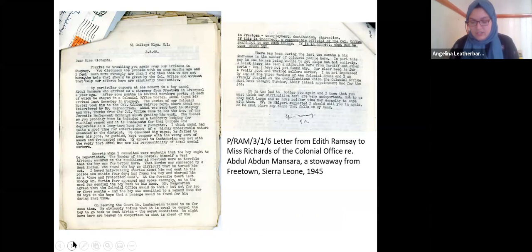This is further illustrated by Abdul Mansara, a stowaway from Freetown, Sierra Leone, who came to Liverpool during 1944 when he was just 13 years old. So in the letter, he talks about his arrival in London. He was sent to Colonial House. Within the papers of Edith Ramsey,